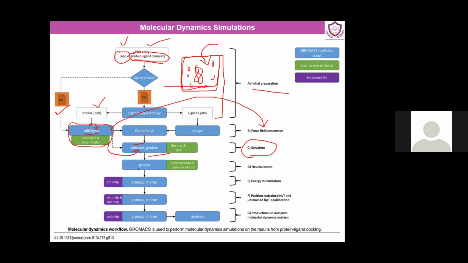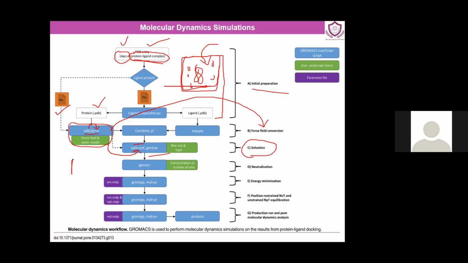Now, we all know that proteins are made up of amino acids. Amino acids do have a side chain. All of these amino acids have a different kind of charge depending on the pH of the environment. So over here, we need to neutralize the environment. We need to add the required charge just to make the entire charge of a system zero. So for example, if the protein in the solvent has a charge of +2, then we need to add -2 charge molecules, that is ions, into it. And thus now the entire net system will be zero. The entire charge of the model system will be zero.